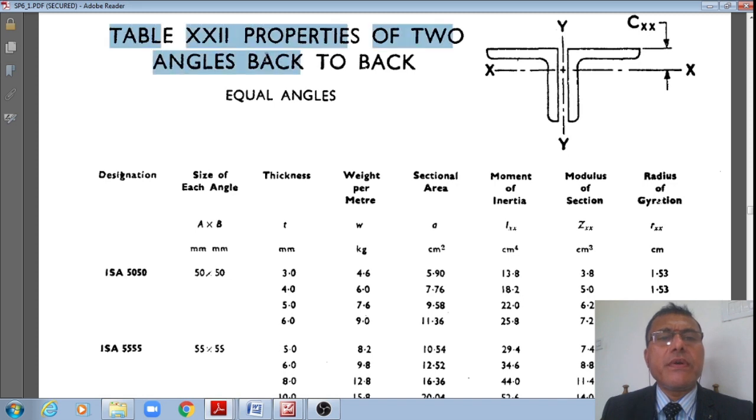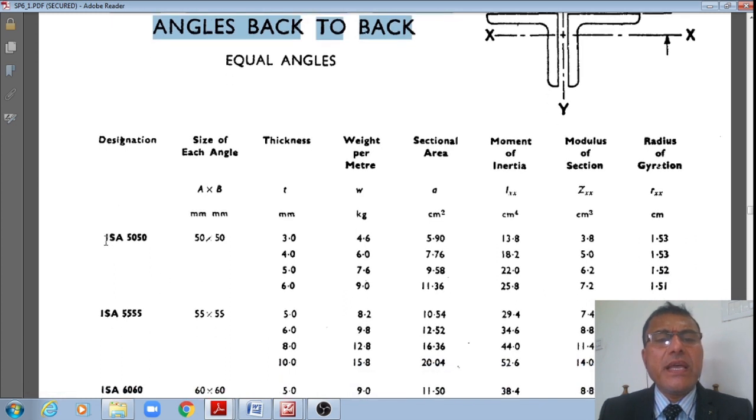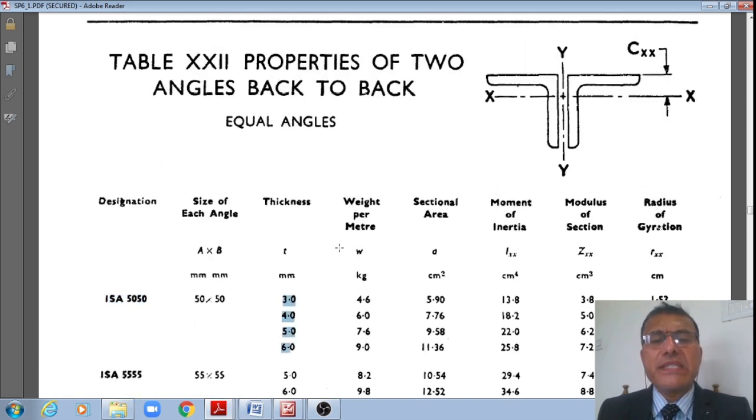Now the next table is that of table 22, properties of two angles back to back. If another angle is also there, back to back, then how much? Two angles back to back, then equal angles with ISA 50 by 50, students. Now size 50 by 50 with a thickness of 3, 4, 5, 6, and then the weight 4.6, 6, 7.69, etc. How much area does it furnish? Let us say this ISA 50 by 50 by 3 with 4.6 kg per meter can furnish an area of